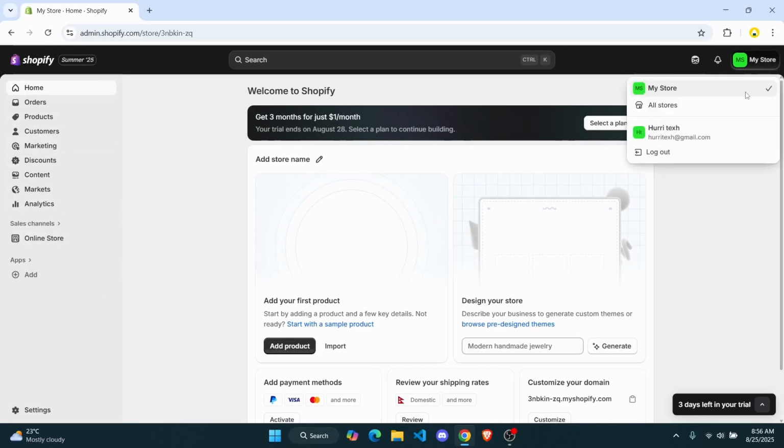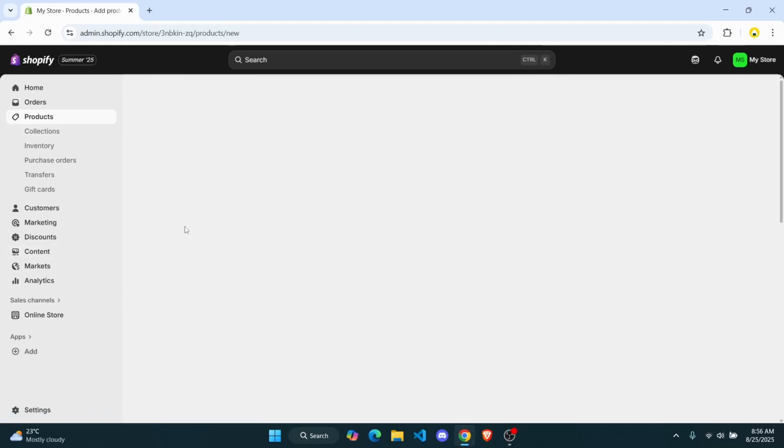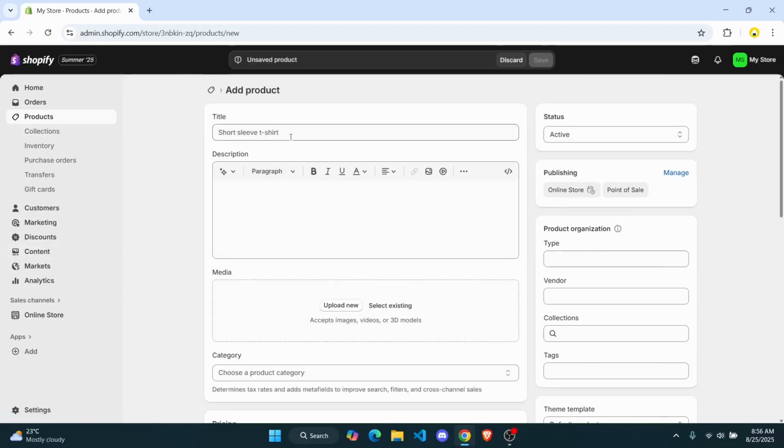So the first thing you can do is go ahead and log into your admin.shopify.com. Once you log into your shop, you can find the product section on the left side of your screen. Now to add different variants of your products, you could click on add product first, and here you can write